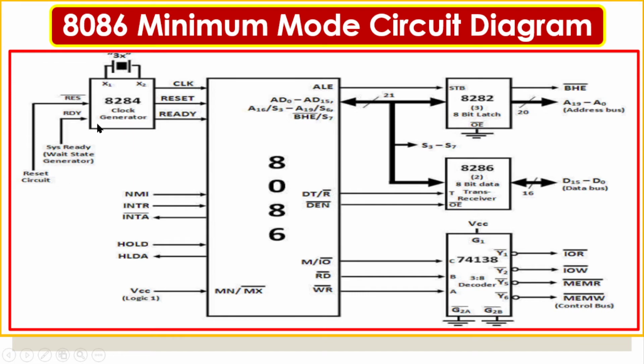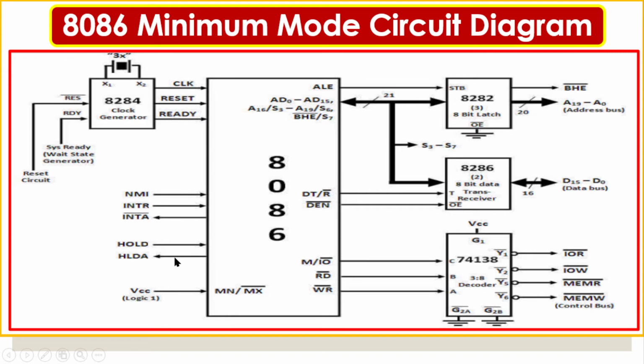The 8284 not only generates the clock, it also handles the reset. A reset switch will be connected to the device. Whenever it is reset, it generates the necessary signal on the reset pin to reset the entire system. Now the minimum mode. The first and foremost thing is whether the device is operated in minimum or maximum mode, based on the pin MN/MX bar. If MN is 1, connected to VCC, the device will operate in minimum mode. If the pin is 0, connected to ground, then the device will operate in maximum mode. That's what the pin defines, so the mode selection is purely on this pin.